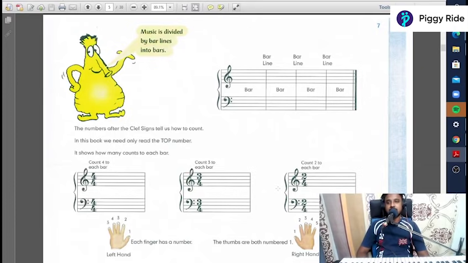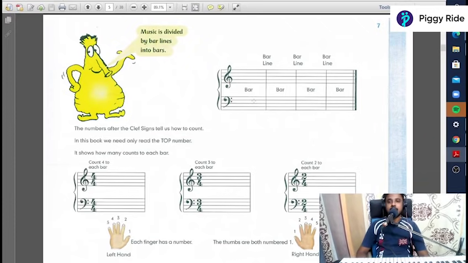Now we will see how the music is divided. The music is divided into bars and bar lines. Here in this top staff we can see there are bars and bar lines. The bar lines are single lines in between the staff. At the end of the staff we can see 2 lines. These 2 lines we call the final bar line. Final bar line means the song is completed, the piece or song, whatever we are playing, is completed. And the bar lines separate the bars.